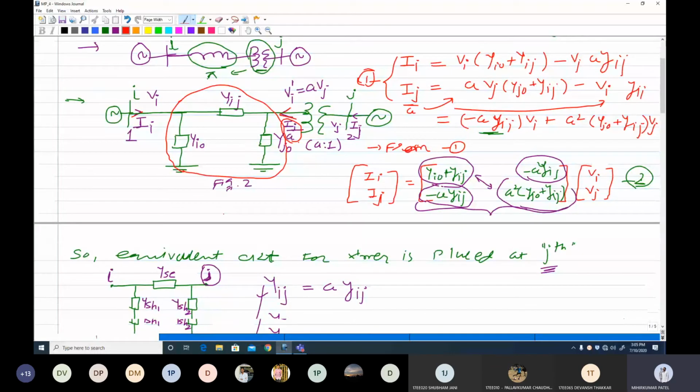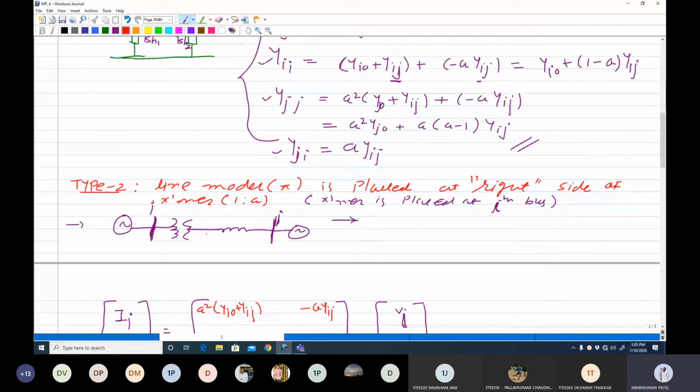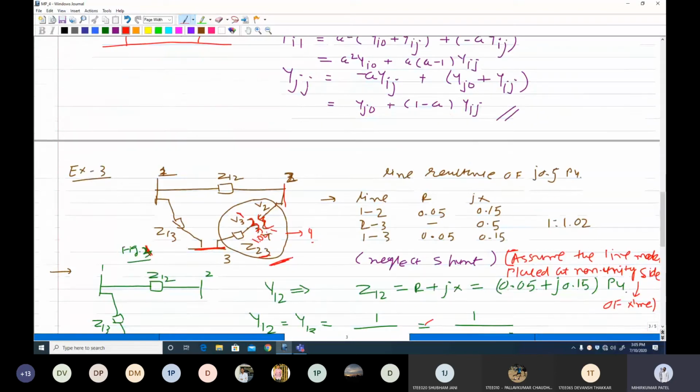Then the second case is where the transformer is placed on the ith bus and your pi model is placed on the right side of the transmission line, or you can say the pi model is at or near the jth bus. Similarly, in this example,